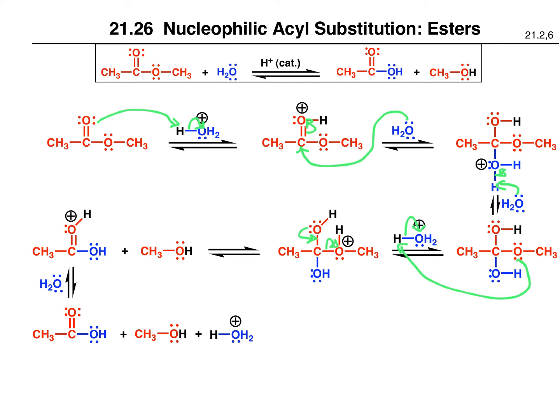And finally, water can act as a base, grab off this proton, put these electrons back onto the oxygen, and we get our carboxylic acid plus our alcohol, and we have H3O+ again, right? So we started out with H3O+, but we regenerated our H3O+,